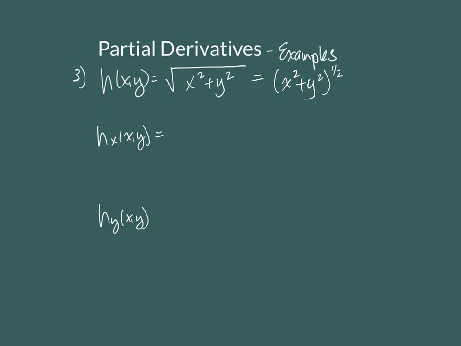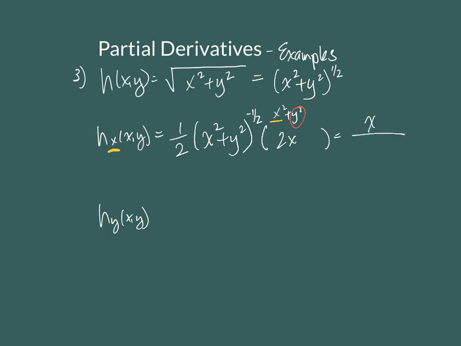The general power rule, or the extended power rule, is, if we're going to focus on x, but essentially it works the same, bring down the exponent, rewrite the inside, subtract 1 from the exponent, and then multiply by the derivative of the inside, right? So the derivative of x squared plus y squared. Right, there's the variable. That part's treated as a constant. So the derivative of x squared plus y squared is 2x. And if we clean that up, you've got 1/2 times 2x is just x. Negative a half means it gets pushed to the denominator, and a 1/2 power means a radical, square root.